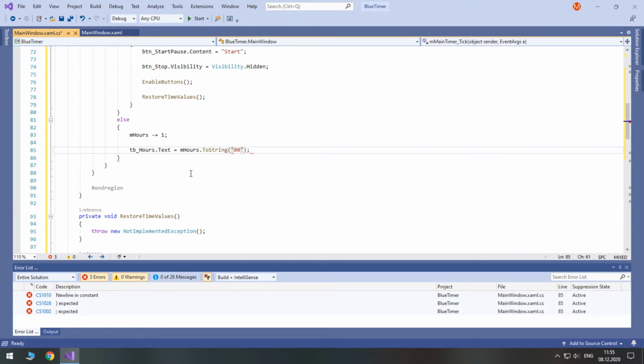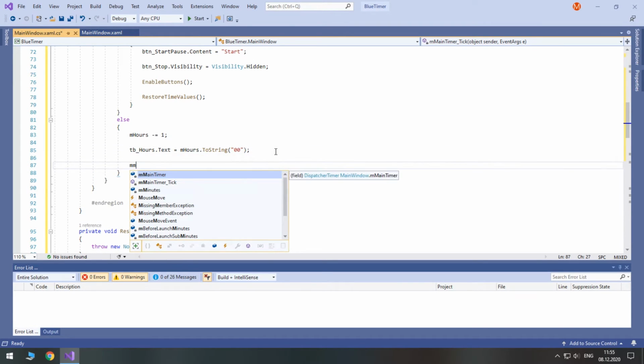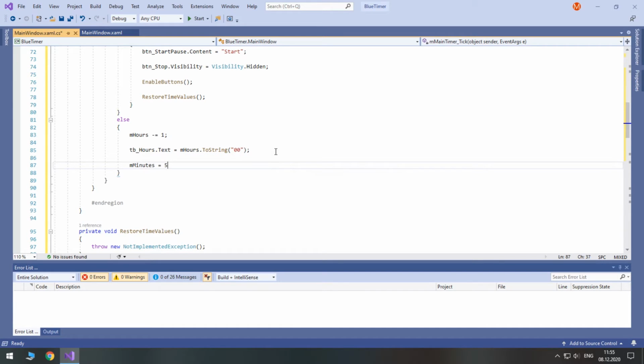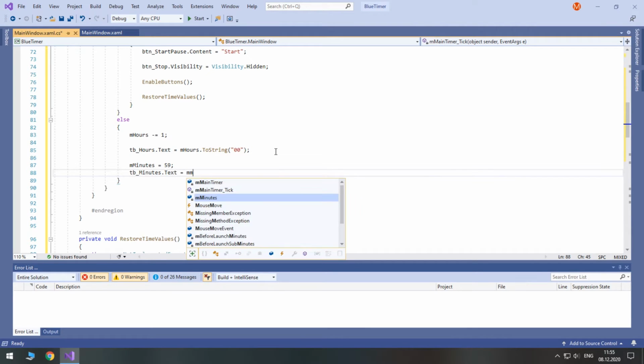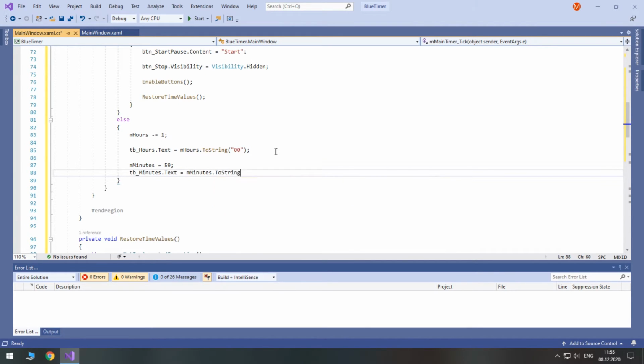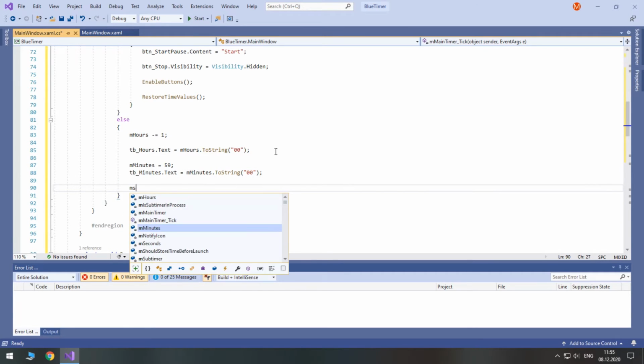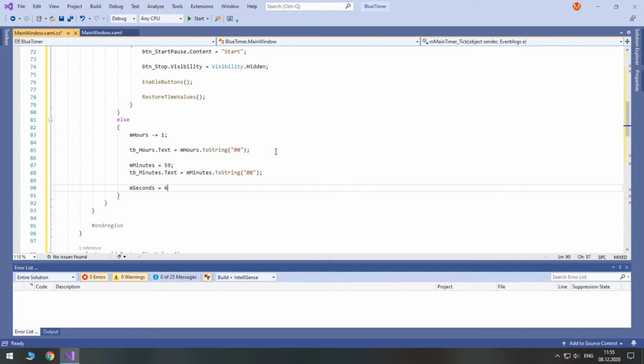Then we set minutes to 59 and update the appropriate text box. As for the seconds, we need to set them to 60 because the next tick will decrease it right away. So don't update the seconds text box.